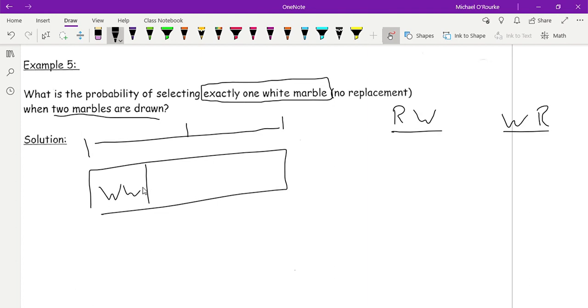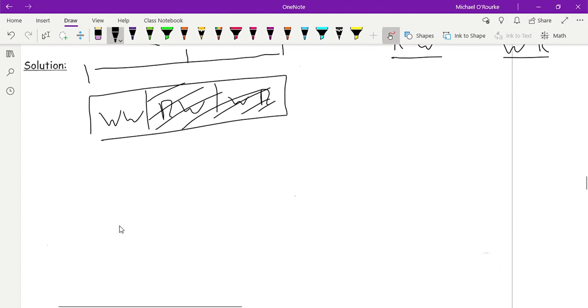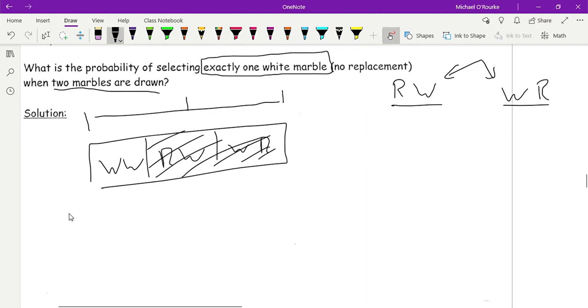There is a chance I get white and white, right? But there's a chance I get red and white or white and red. Those are my three options. I want the probability of this space here, so I'm going to leave this space out. There are two ways we could work this through. We could find the probability of these two occurring and add them together. So if I were to write the formula, it would be the